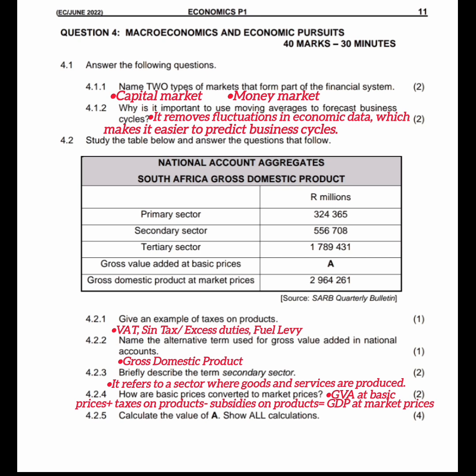And then we have our 4.2.5, calculate the value of A. So when you calculate the value of A, we're going to say primary sector plus secondary sector plus tertiary sector, which is going to give us gross value added at basic prices. So we're going to say 324,365 plus 556,708 plus 1,789,431, which is going to give us